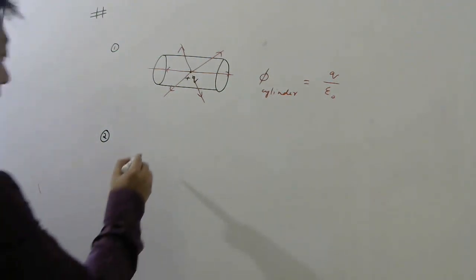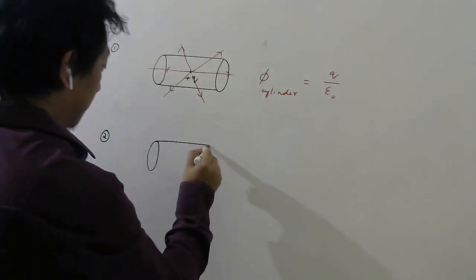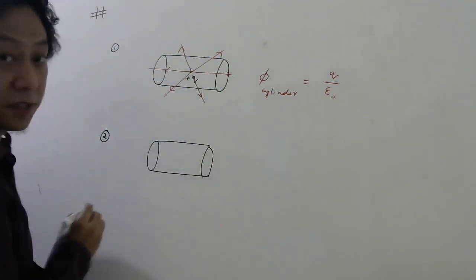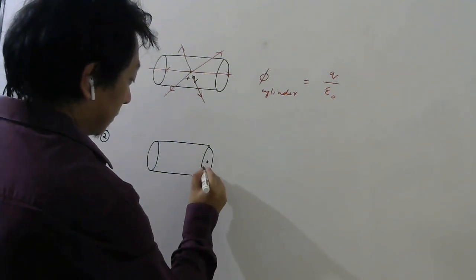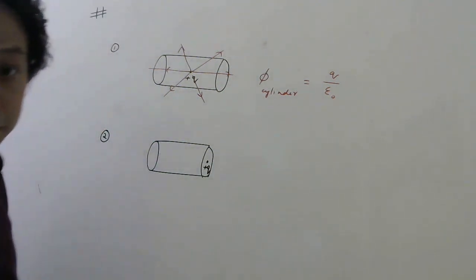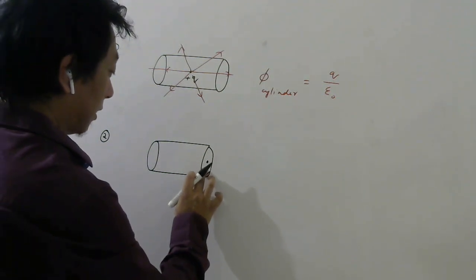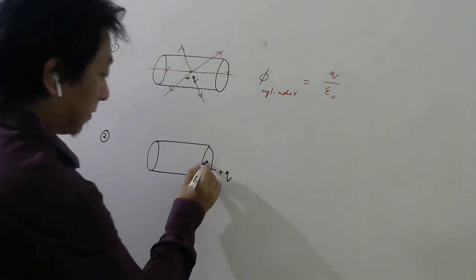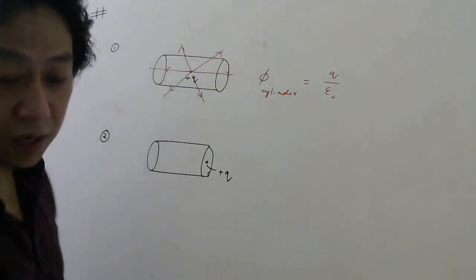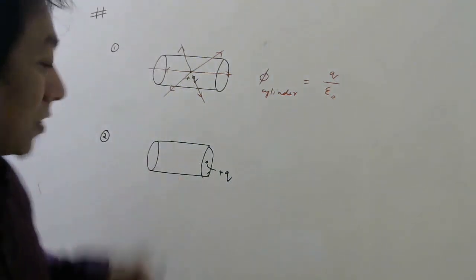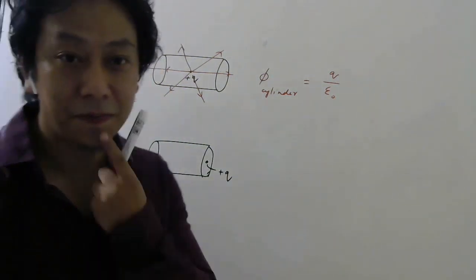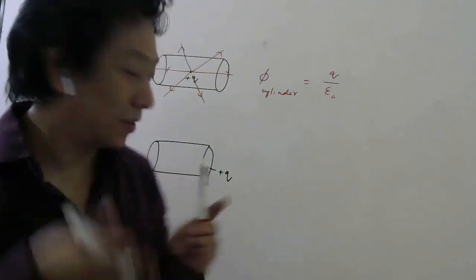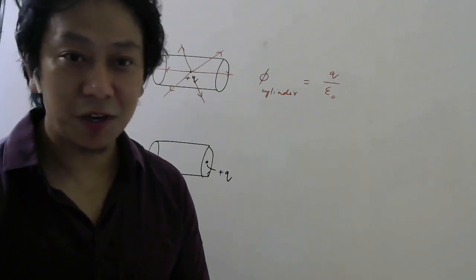I give you a cylinder like this, but the charge is kept here, plus Q. Is it visible or not visible clearly? So let me write here. This is plus Q charge, which is here on one face, one end of the cylinder. Now if I ask what is the flux through this cylinder, you cannot say charge inside because this is not inside, this is on the surface, this part of the surface. So now you cannot make use of Gauss law.